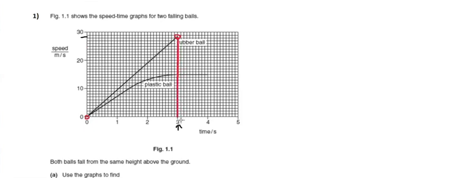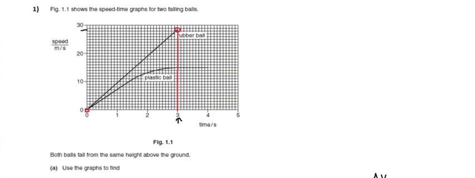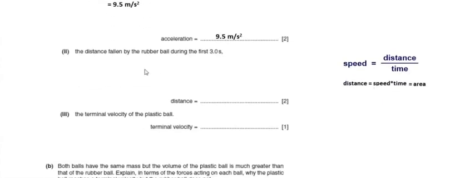We have to calculate this area basically, and this area is nothing but the area under the curve. We have to calculate this particular area from 0 to 28.5 meter per second. So the distance is equal to speed multiplied by time, that is nothing but area under the curve,